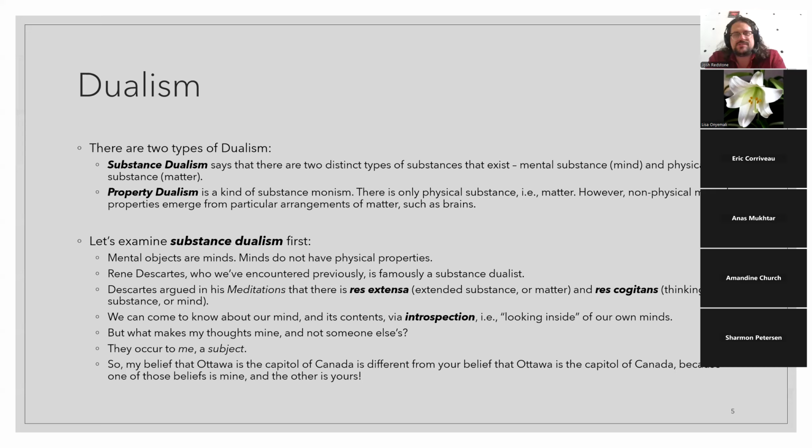Most dualists nowadays, though, are property dualists, not substance dualists. I mean, there are some. Well, when I say most people, I mean most philosophers. But actually, there probably are quite a great many substance dualists, in the sense that they believe in some version of the soul, right?